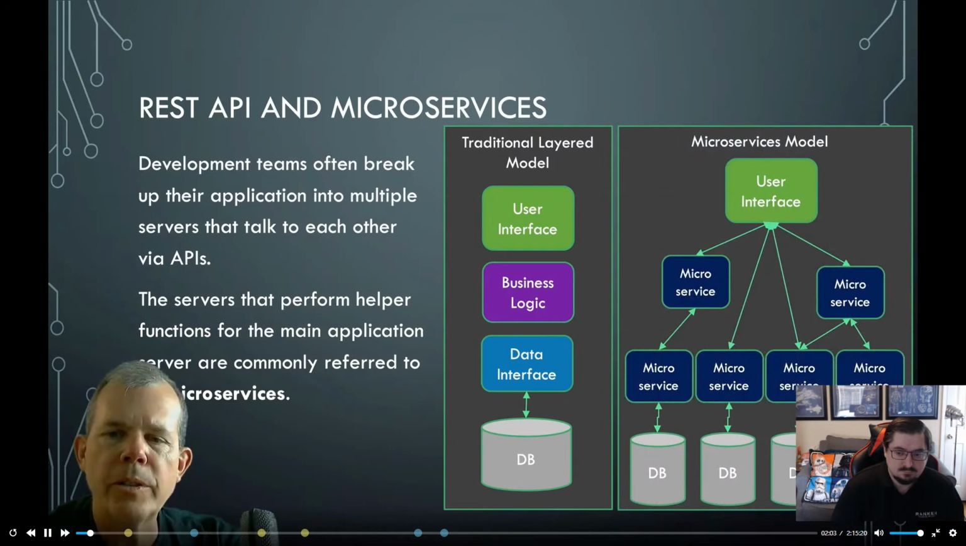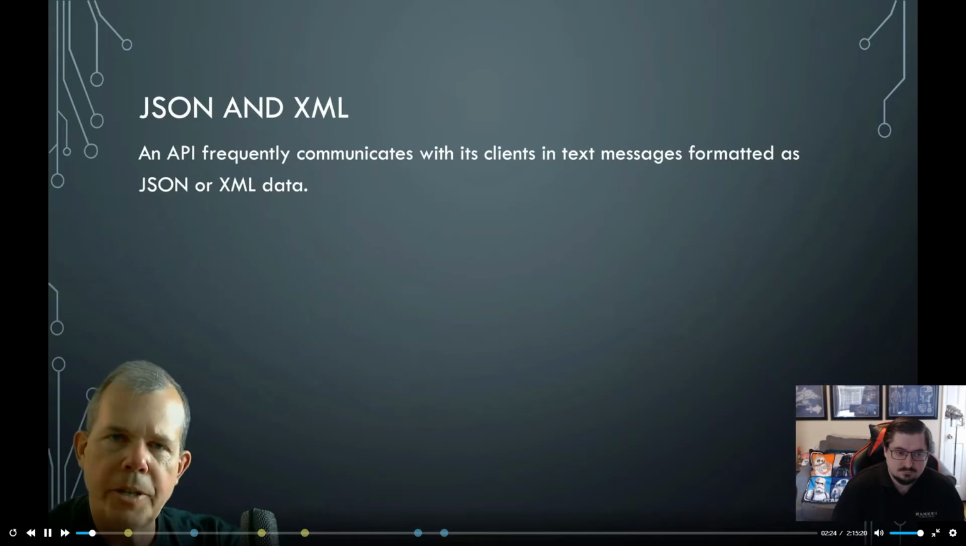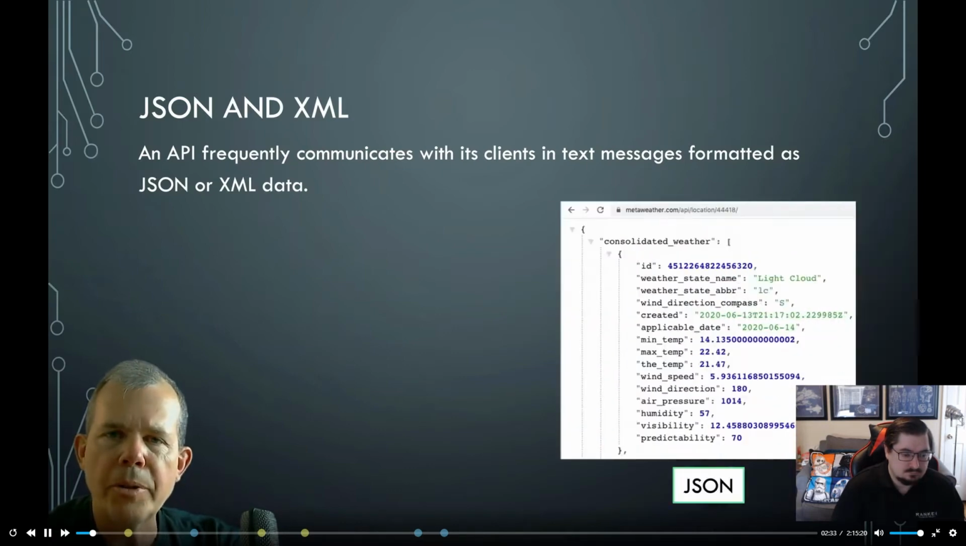Well, in microservices, you might say that one data interface could be split up into multiple pieces, and we'll call them microservices. Microservices can talk directly to the user interface, or they might provide data to other microservices. So that way you can have a modular approach to building your program. The link between those is the API. So the text messages that are traded between clients and servers are usually done in 2 different languages. One is JSON and the other is XML. There are others, but those are the 2 most